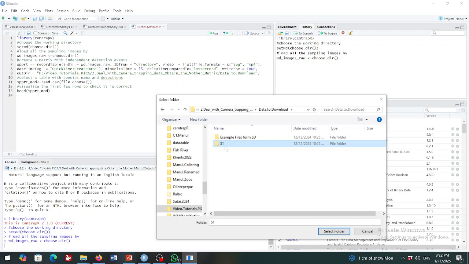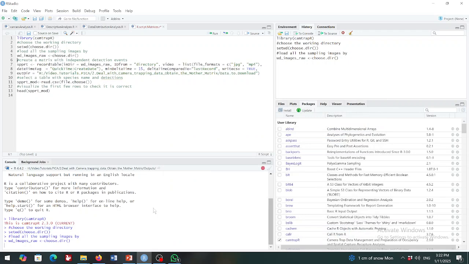I select this S1, which must be exactly like this subdivision: inside the site folder, species folders. Not other subfolders, not other folders up. So I select S1, don't get in, select the folder. I will load all the images inside, which obviously are few, but